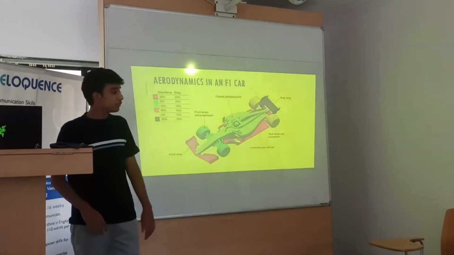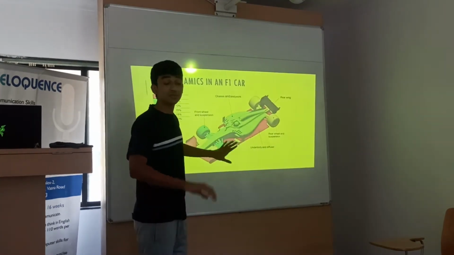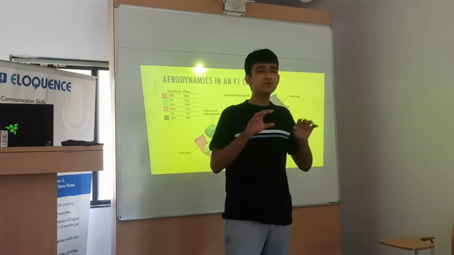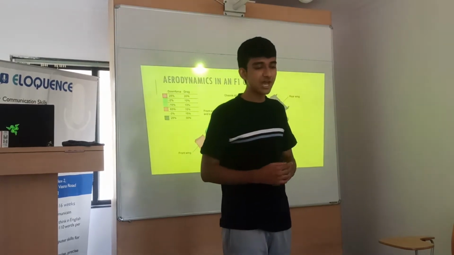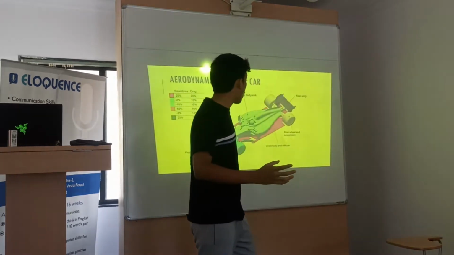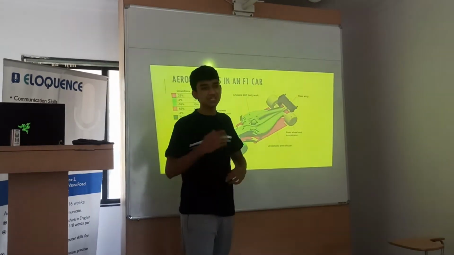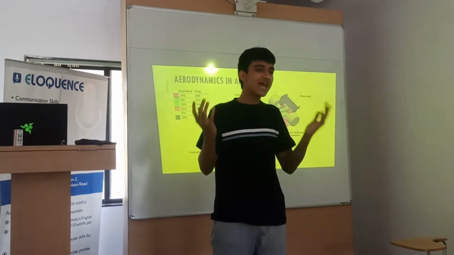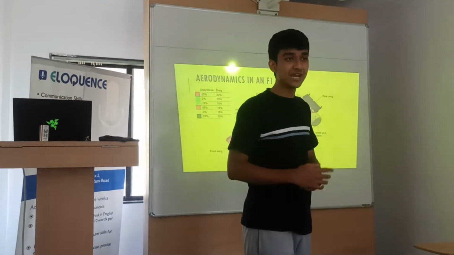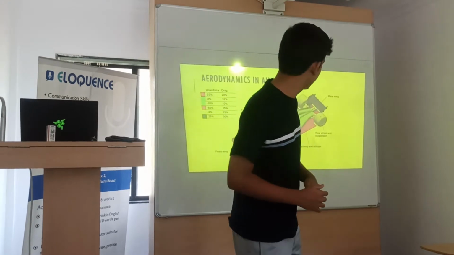Okay. So now let's look at the aerodynamic parts. Before that, let me explain what an F1 car is made of. To put it in very simple terms, an F1 car has two main parts. One is the chassis, which is the bodywork of the car, and the second is the engine. Now, aerodynamics is heavily on the chassis, the design of the car. The engine is too very complicated, but we'll not get into that today.